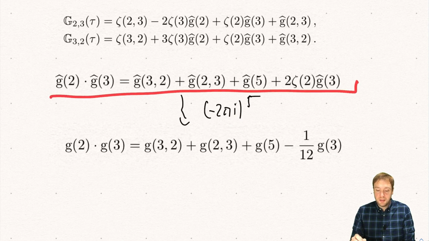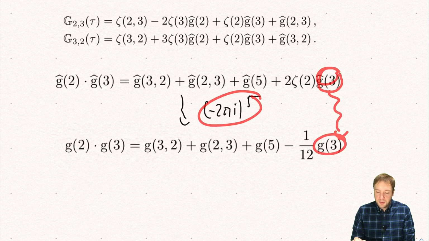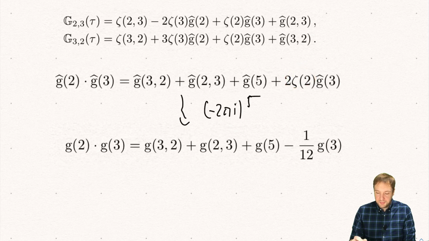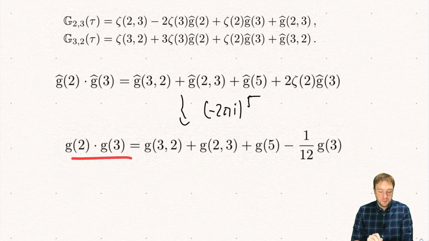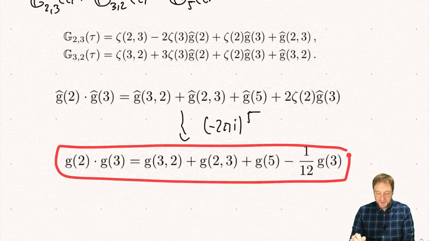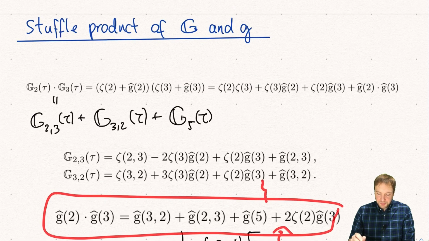So if we divide this out, then minus 2 pi i to the cube sends this to G3, and zeta 2 can be written as, well, if you divide out minus 2 pi i squared, then we get minus 1 over 12. And this formula we already saw before when we considered the Stafford product formula, or the quasi-shuffle product, for this small g. So in other words, we could use this here to prove this equality, and then show that the double Eisenstein series actually satisfy the Stafford product